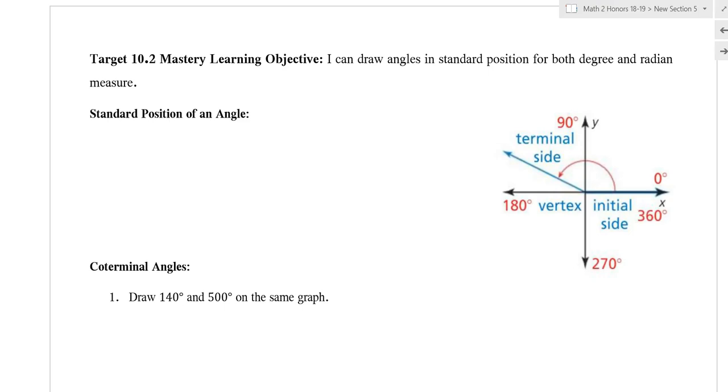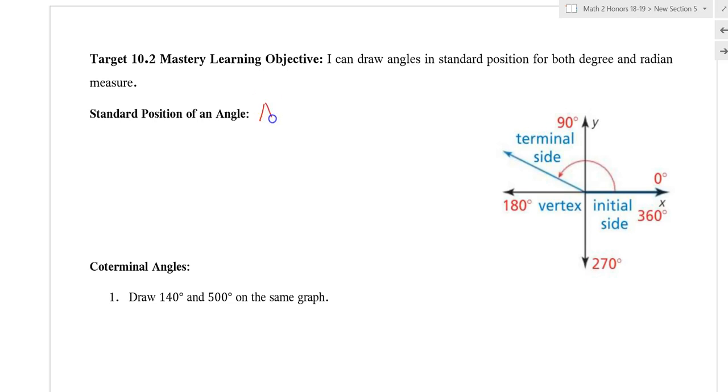Looking at 10.2, I can draw angles in standard position for both degree and radian measure. So the first thing we want to look at is what is the standard position of an angle. And the standard position of an angle is,